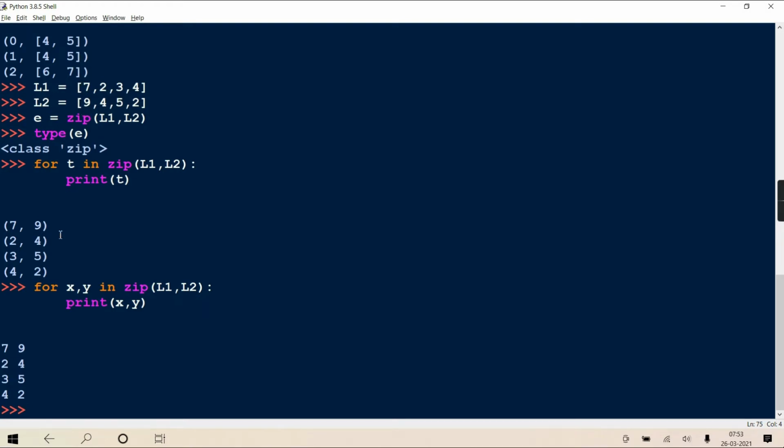When it combines them, it creates one more iterable object containing such tuples, and each tuple contains the corresponding values from all those iterables: first value of L1 and L2, second of L1 and L2, third of L1 and L2. Then it creates the tuples, and the collection of tuples will be your zip object, which you can use in a for loop. Hope it is clear.